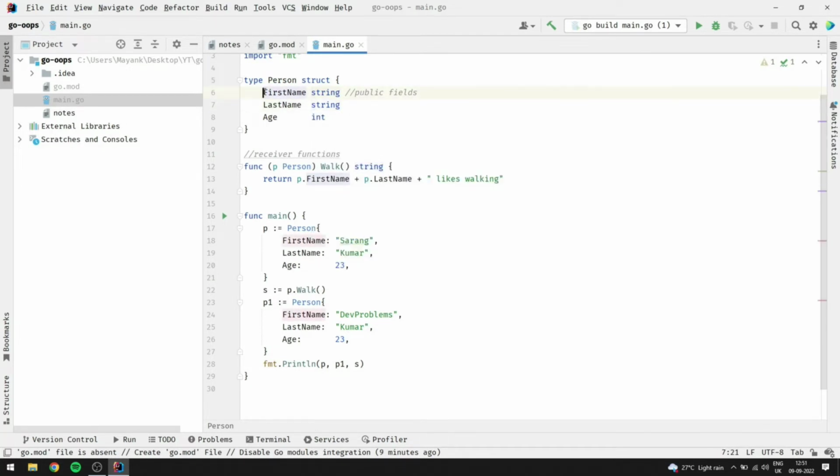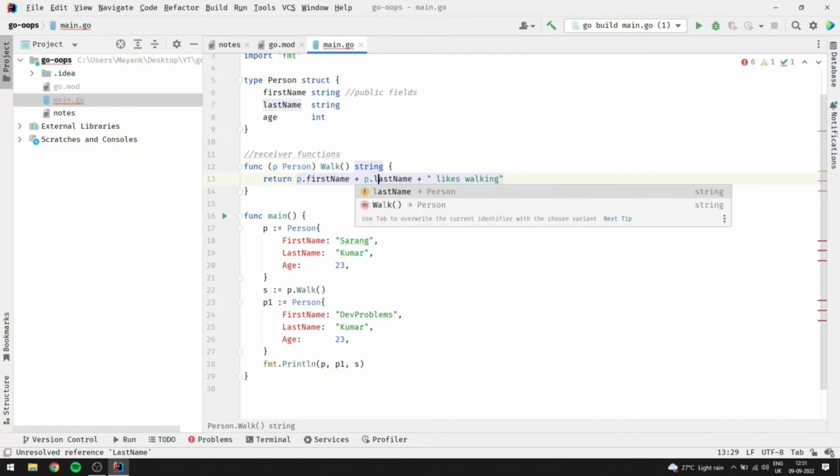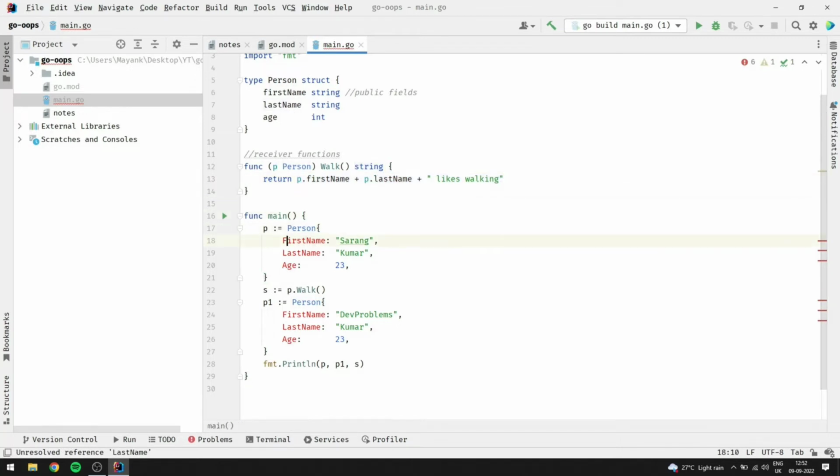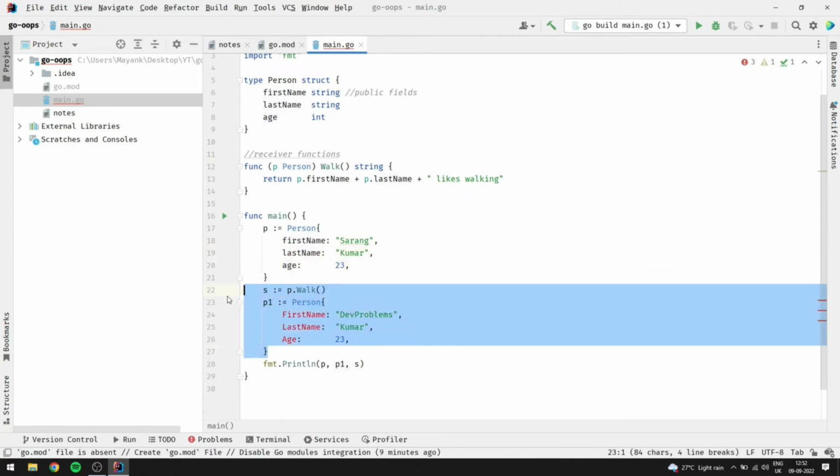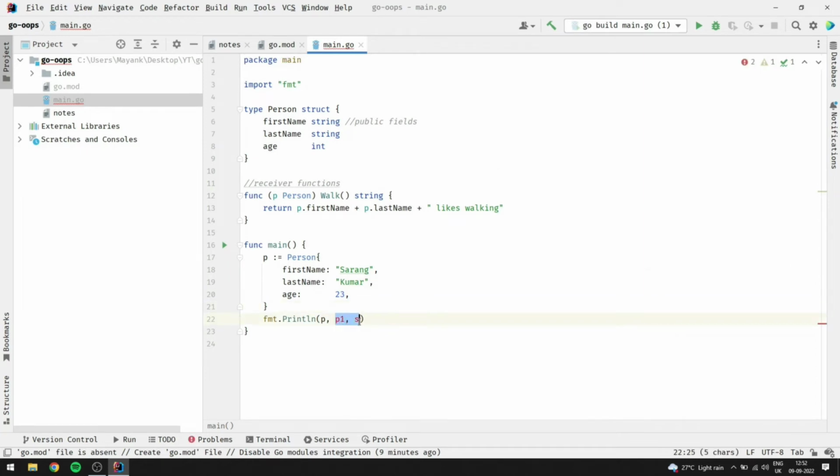Okay, so if I make it a private field, like making the first letter a small case, it will become a private field. Okay, so let me change these things. Okay, I'm gonna remove all these things. Okay, so I've changed that to a private field, but still I'm able to give the values to the fields, and I can even access it here. Okay, so if I change the first name,